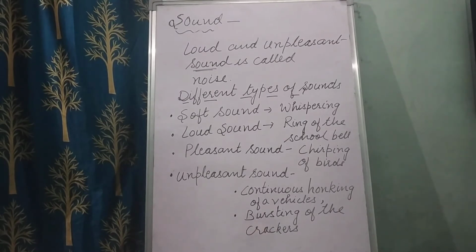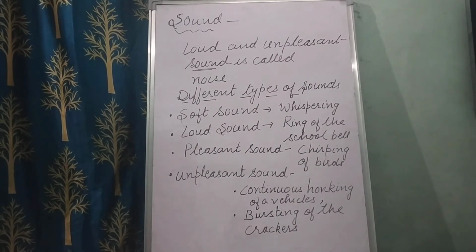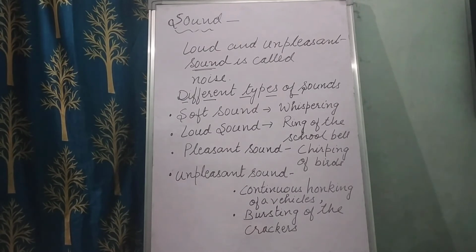So learn this thing. We should always play the televisions and the music systems at a low volume, so that we do not disturb other members of the family or the neighbors. Clear to everyone? So a loud and unpleasant sound is called noise. So children, if you shout, if you scream, these are the unpleasant ones. Nobody likes them. If you want to say something, first try to learn to speak very politely. If you want to say anything to your teacher or to your elder or to your mother or to anyone, we should speak softly.